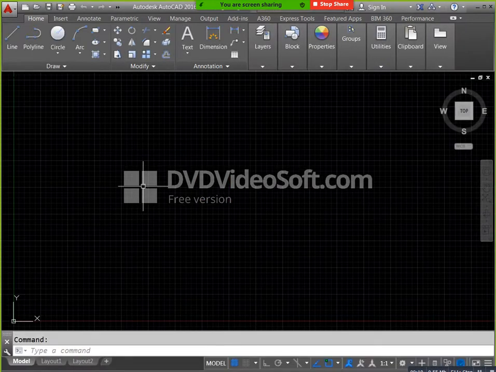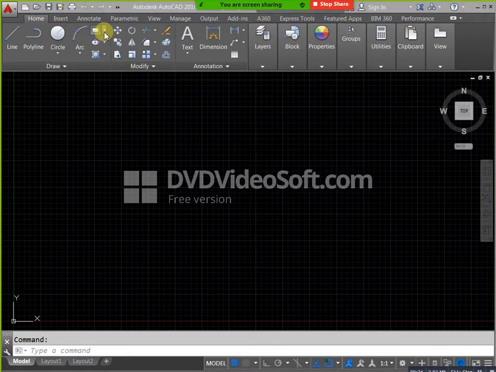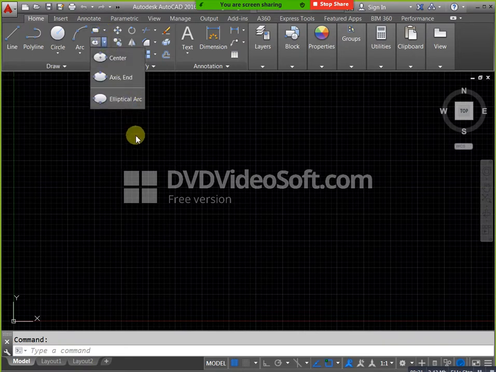I think last class we discussed up to rectangle, polygon, line, ellipse and circle, right? We discussed these 5 commands. Next, here we have the remaining commands. We completed this rectangle and polygon. Next you will consider ellipse, axis ellipse, elliptical arc. We discussed this one also.